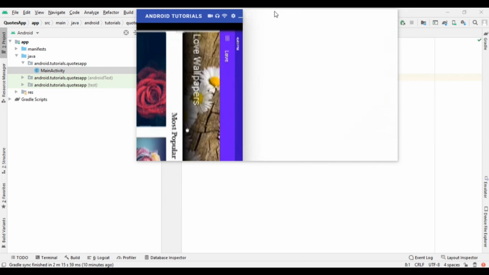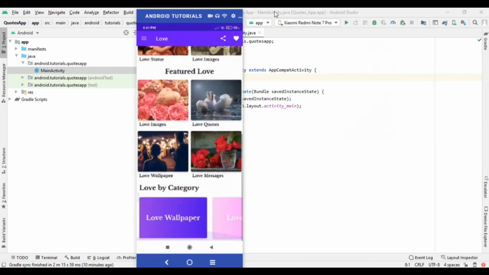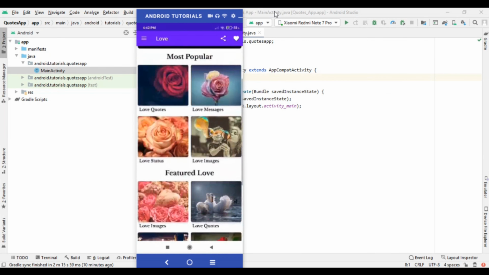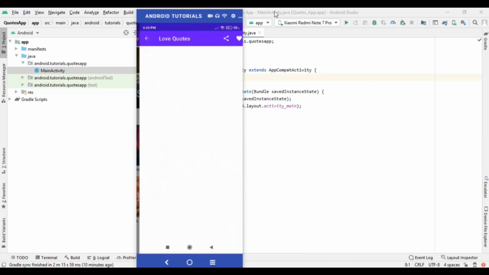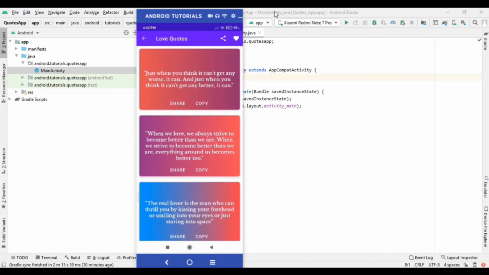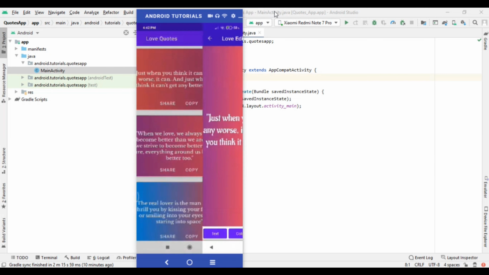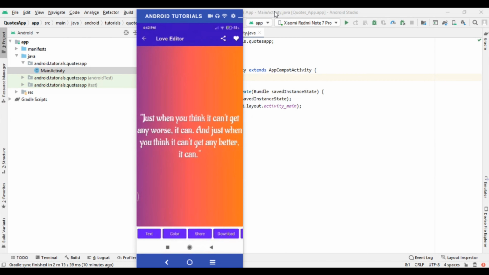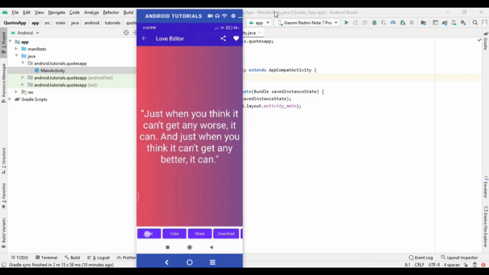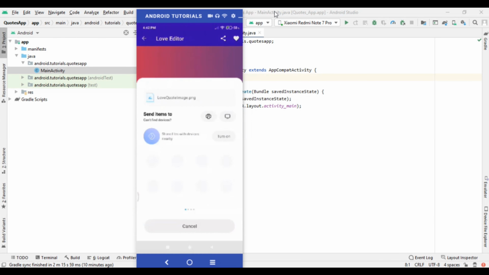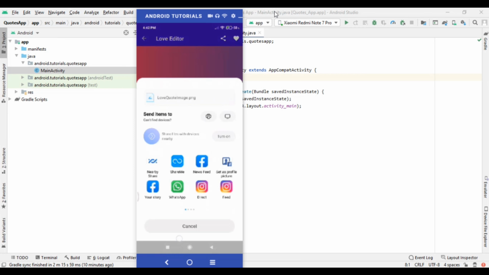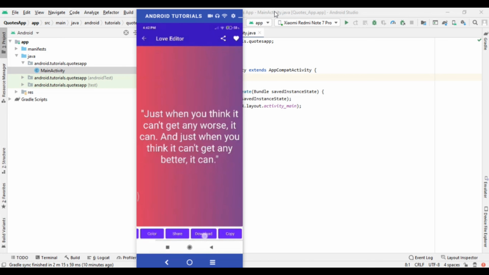When we click on any of these messages, and the user clicks on this text, they can even change this text and background color. They can share this link or download this image.